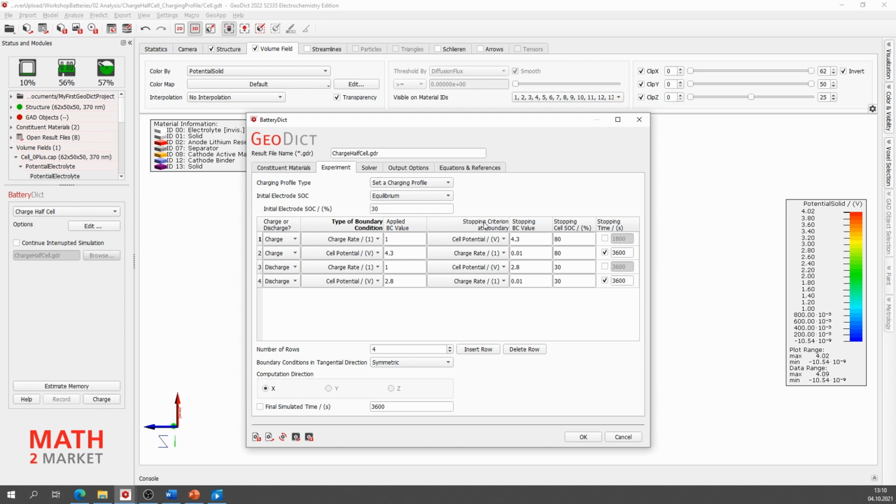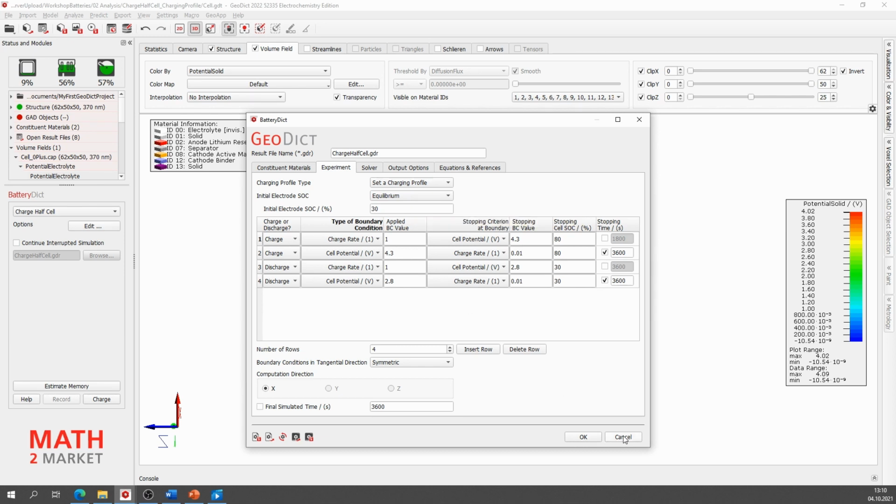You have a view to the stop conditions and the stop cell SOC, or you can also make the stopping condition after time. And you set the profile, and we will not run this because it's needing too much time, but we'll have a view to the result file.